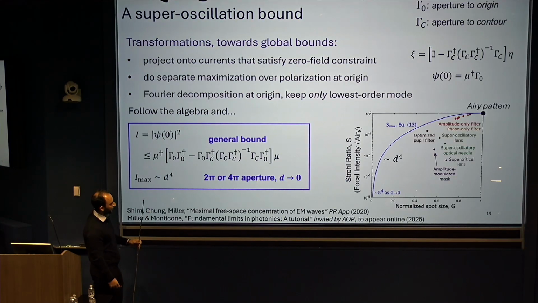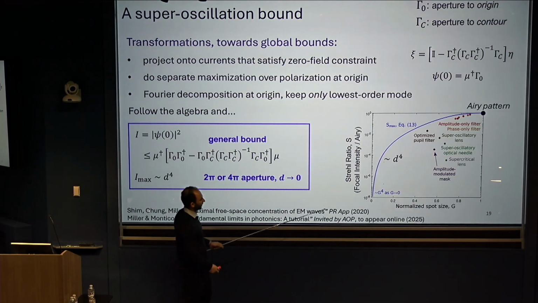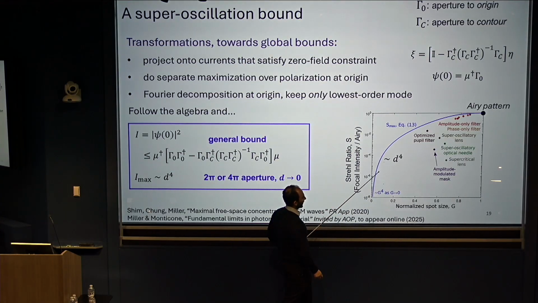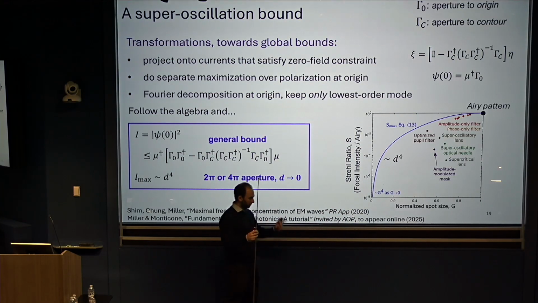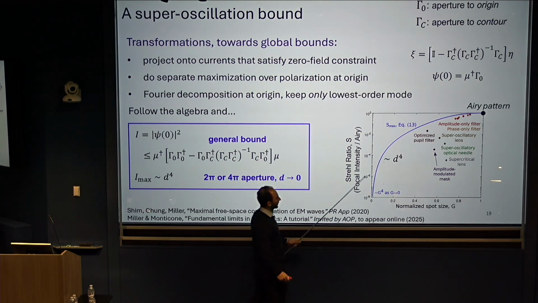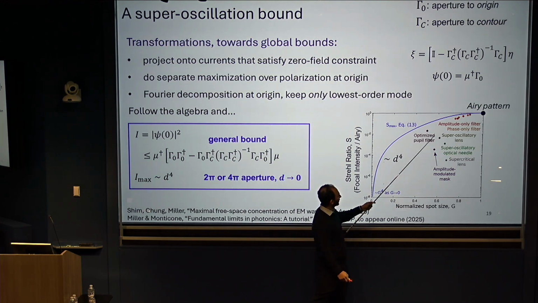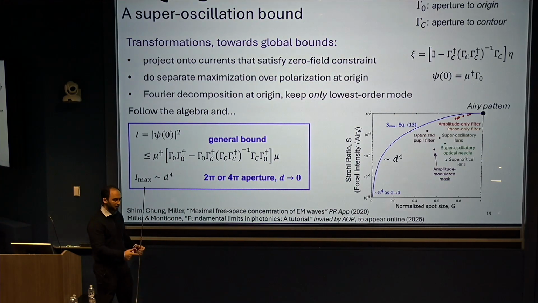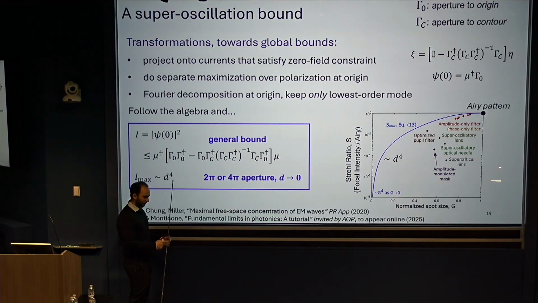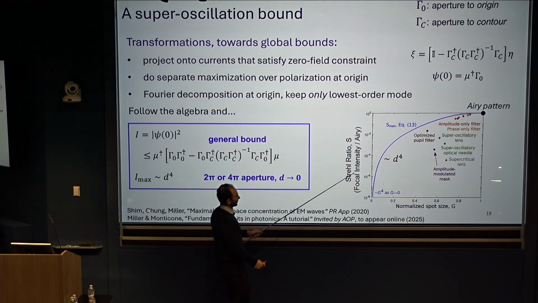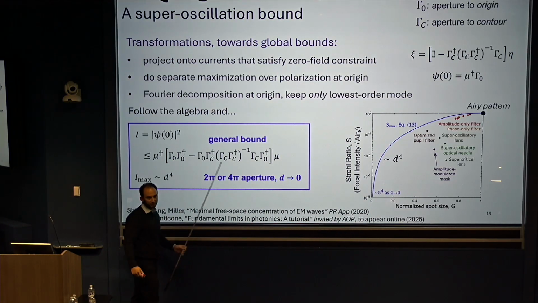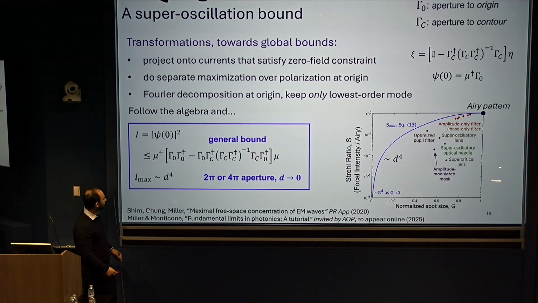If we plot the corresponding bounds, we get this blue line here. So if you start from the Airy pattern and go to smaller and smaller spots, this is the bound on how much energy or intensity you can get at the origin. And there have been lots of different proposals in the literature, but you'll see that there's actually pretty big gaps. This is something like a 10x gap from the bounds. One thing we also did, this is 3-dimensional. In 2 dimensions, we just did prototype inverse designs, and we found that we could hit the bounds at essentially going from 0.1 all the way up to 1, at least in 2 dimensions, using inverse design metasurfaces. So we think these bounds should be achievable.